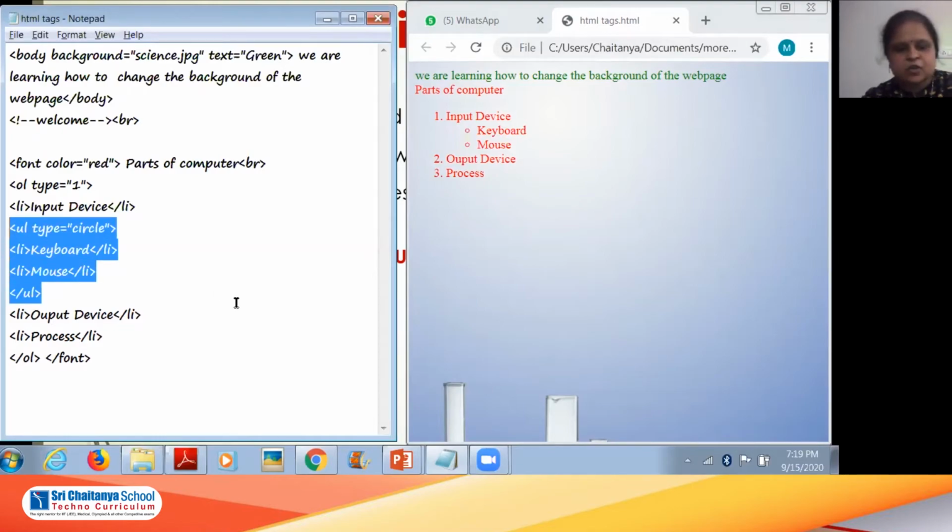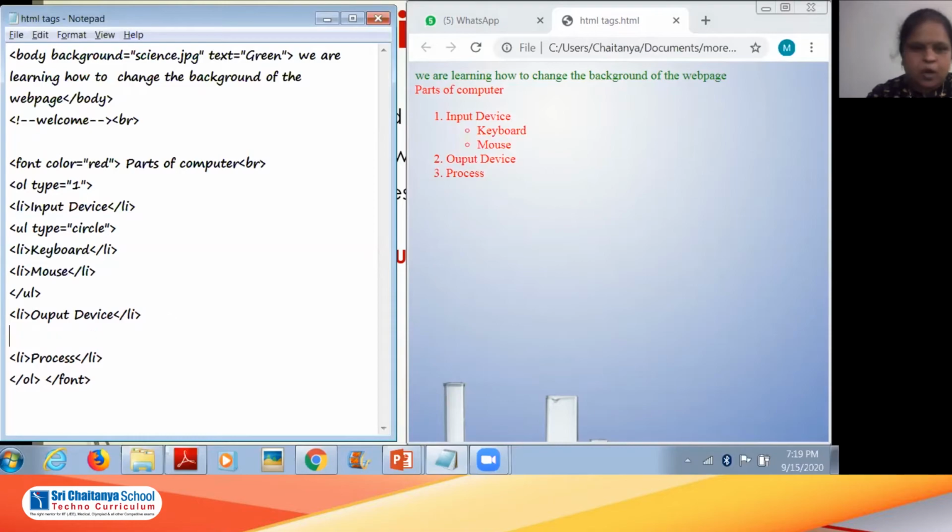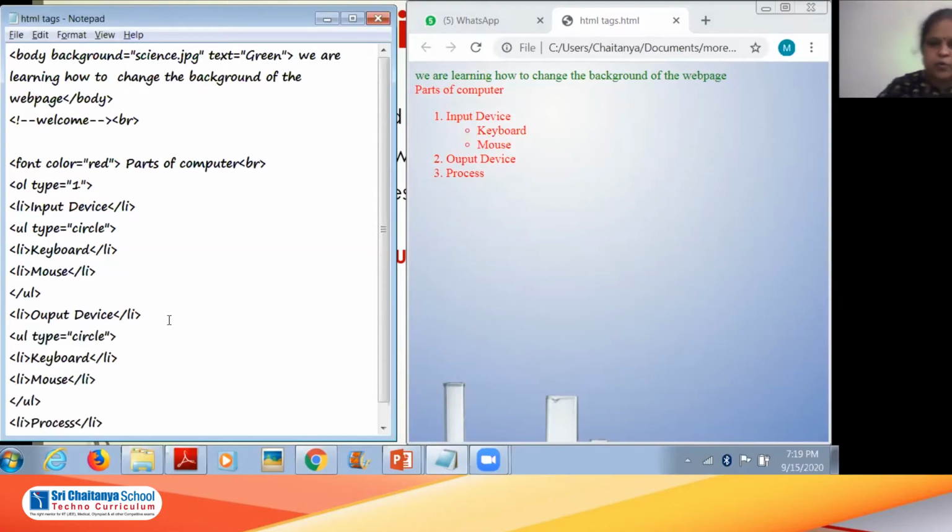I will just copy this, go to output device, paste it here. Now instead of keyboard, I will write what output devices I have. Monitor, and here I will write printer. These are the two output devices.